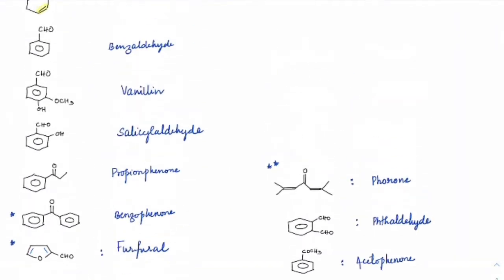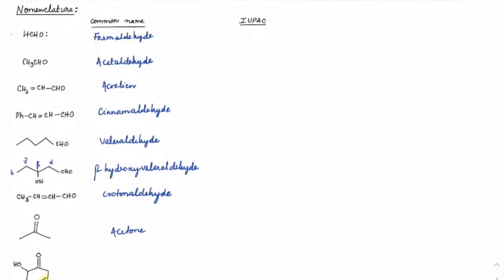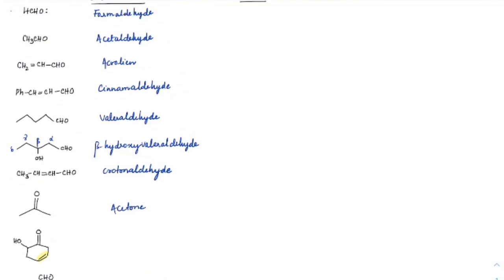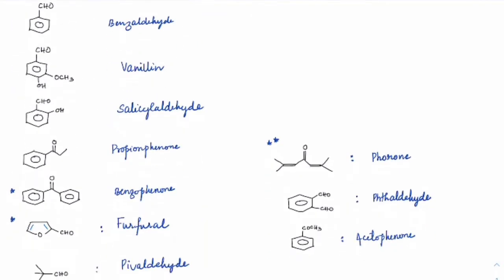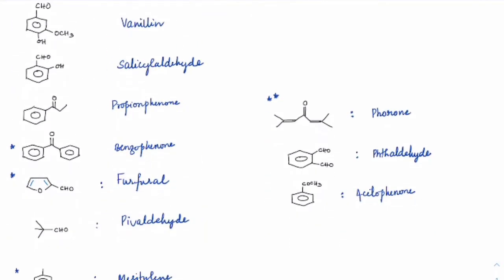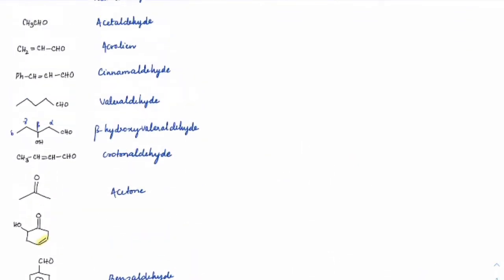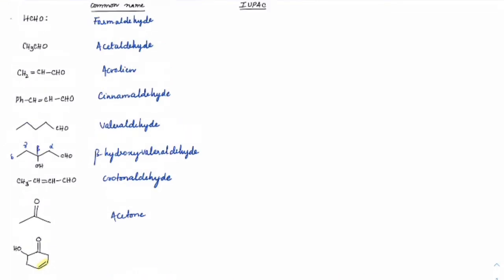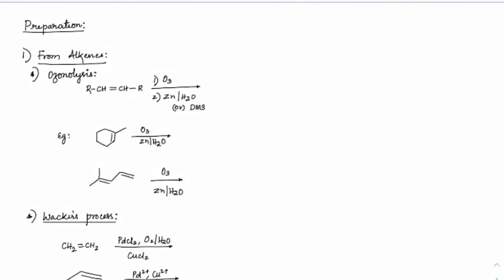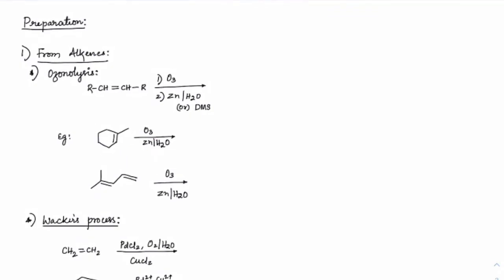Okay, so these are the most common ones. For ones which are accepted IUPAC names, you don't have to write another name for it, but for the rest of them, especially till this point, till benzaldehyde, you can write the IUPAC name also. Most of these are repeated ones, so let's see what all the reactions we have gone through before. We will just remind ourselves once again how the reactions take place in a brief way.